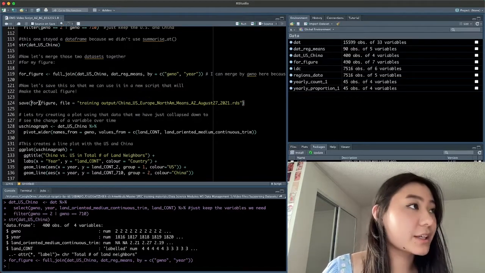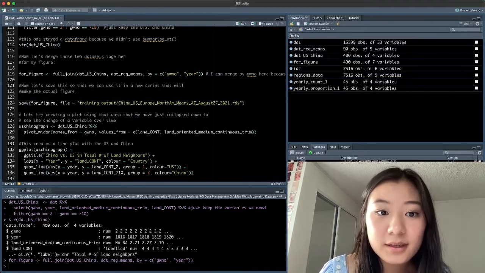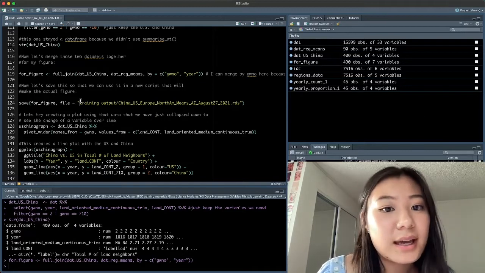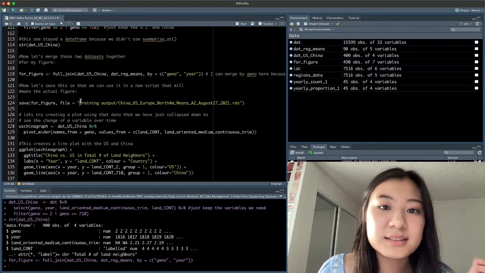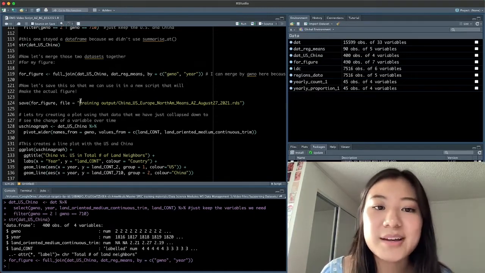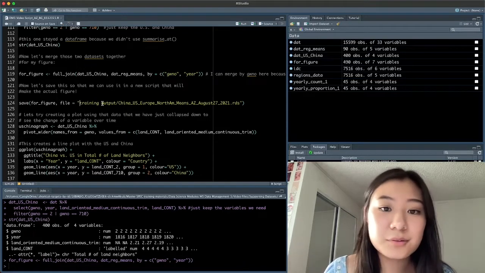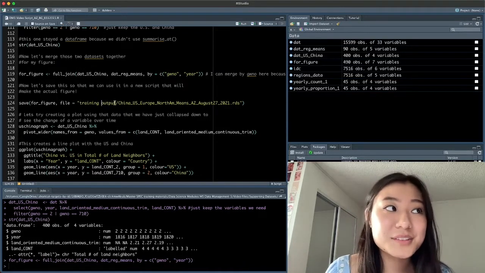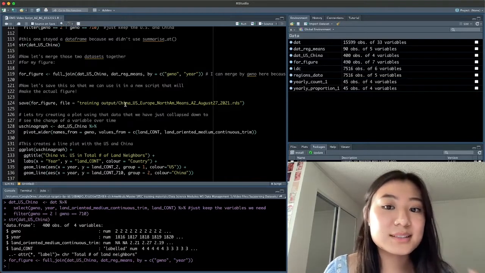And then the forFigure is the object I want to save. And then the file name is going to be at the end of it. And the default is starting my file path, which goes all the way back to the folder on my computer that houses the training data folder. That's also the same folder that houses my training output folder. So this is what I want to save my new data file to.